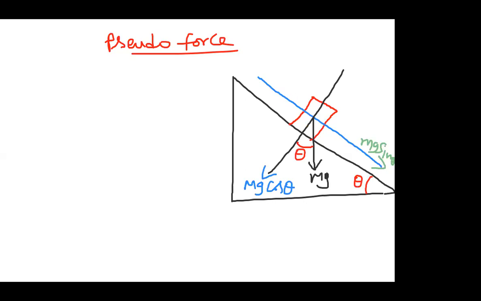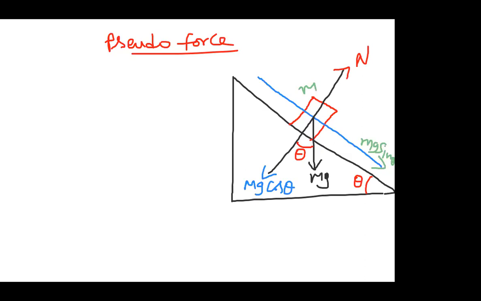The force parallel to the slope is always mg sin theta, and the force normal to the plane of incline is called mg cos theta. So we resolve the weight of the block. This m is the mass of the block, and we resolve the weight of the block into components like this. And we know that normal to the block, this is the normal reaction here.